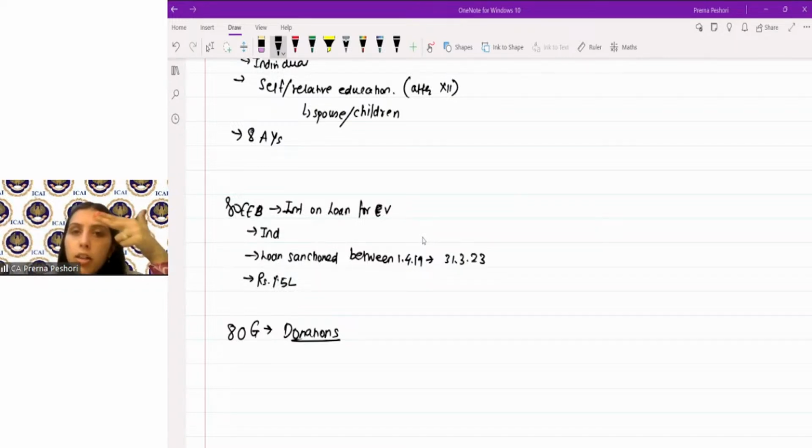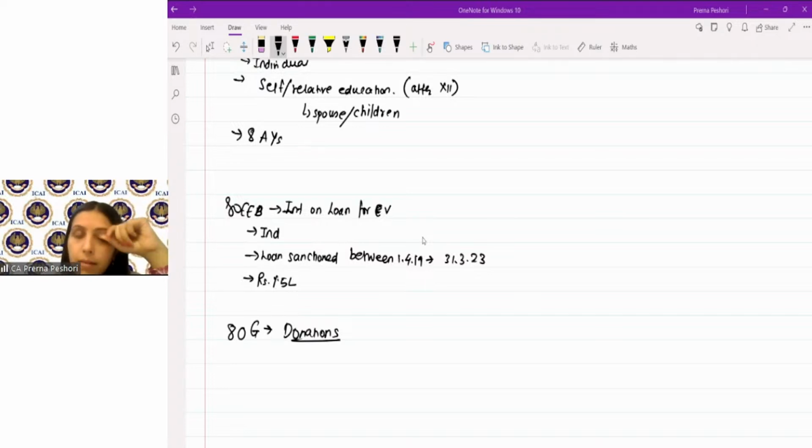Long-term capital gain under 112 and 112A, because there also the Chapter 6A deductions are not allowed. And you will exclude the income which is taxable at special rates under 115A, AB, all of that. So you will compute the gross total income excluding that but allowing the other deductions. You would calculate 10% of the adjusted total income, calculate the actual donation which is subject to the qualifying limit, which is 10% of the adjusted GTI.